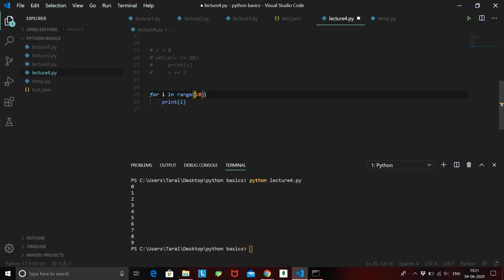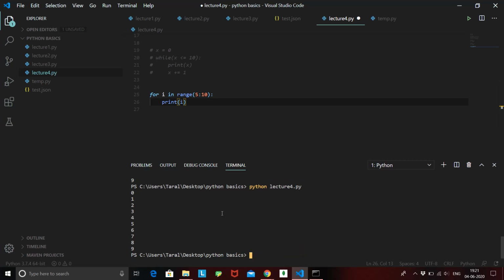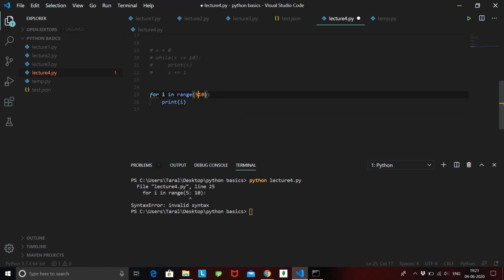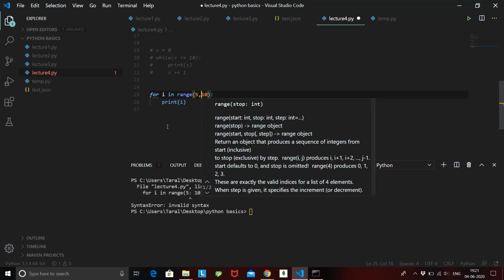If I have to print out the numbers starting from 5, what I'll do is from 5 to 10 print all the values of i. So let's run this code. Again I didn't save it. Now if I run the command, I'll be getting invalid syntax. So colon is not the thing, we need to give commas.